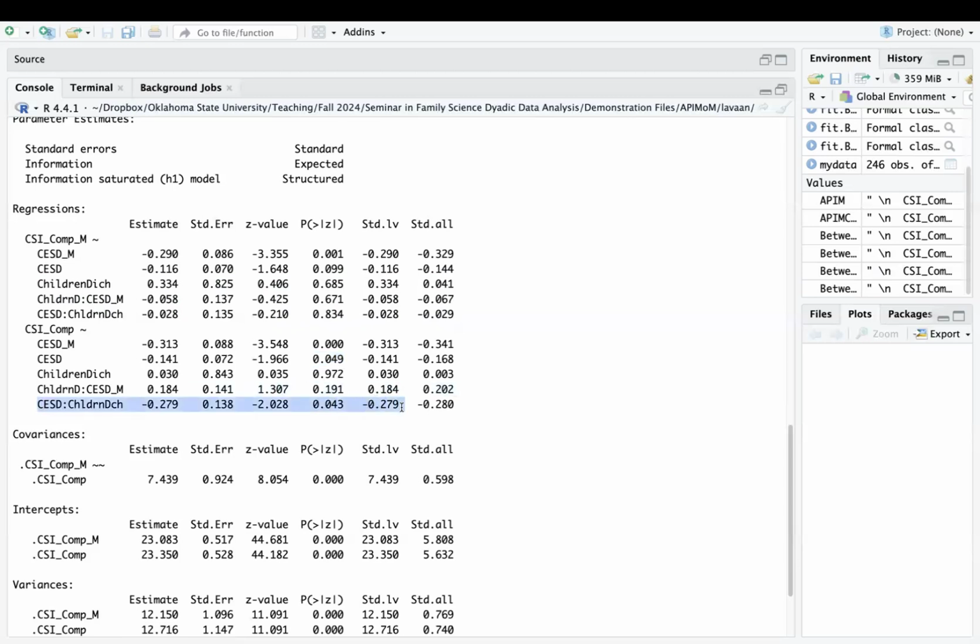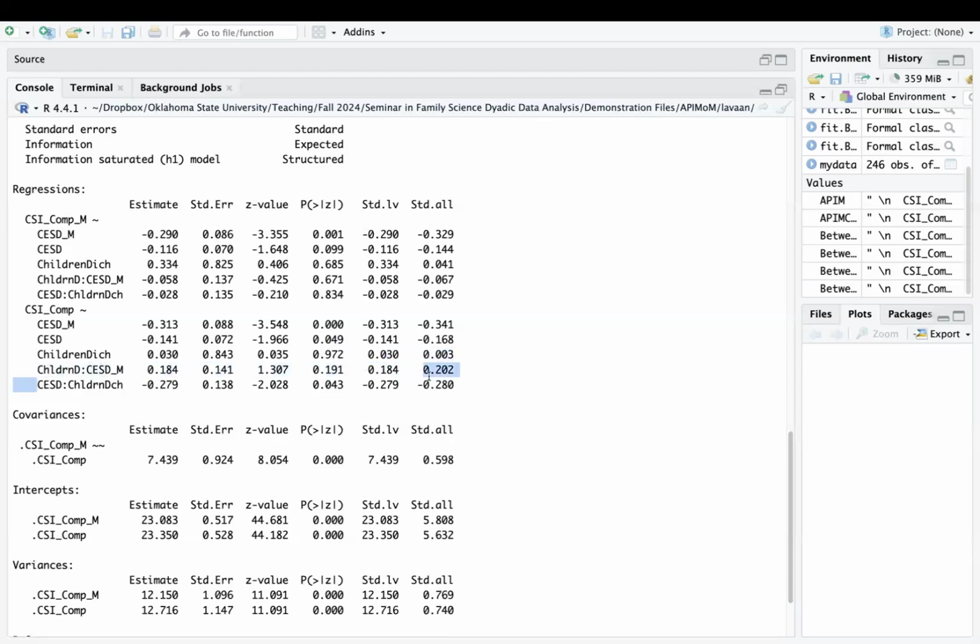And you'll see that we have a significant interaction. So if you were with us in the multiple group SEM video, we found this exact same finding. Our p-values were slightly different because we were testing these interactions in slightly different ways,